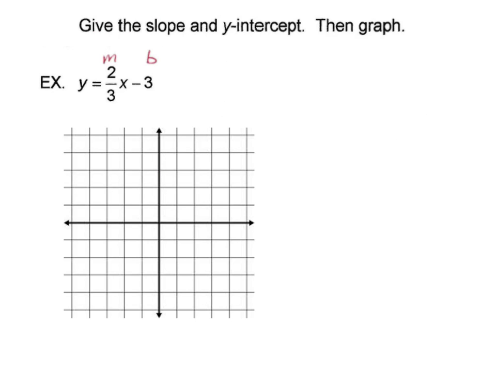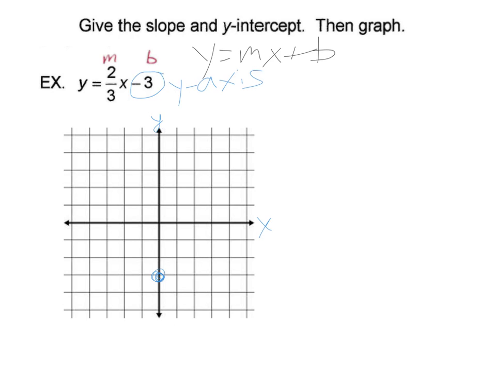Now for some graphs. The instructions say give the slope and the y-intercept and then graph. This is easy to do when the equation is already in slope-intercept form, y equals mx plus b. The number in front of the x is the slope, and the number by itself, the constant, is the y-intercept. So when you go to graph, you always start with the y-intercept, and that's on the y-axis. So I need to go down 3 on the y-axis